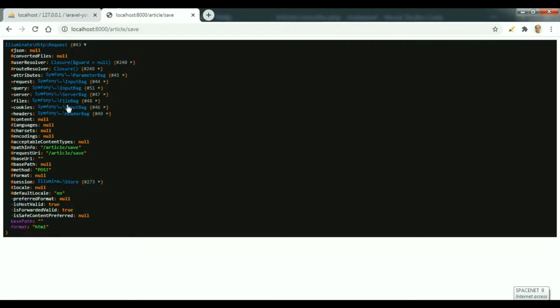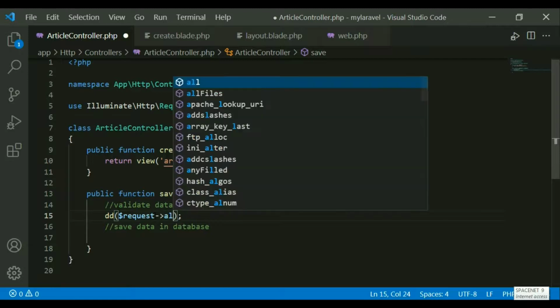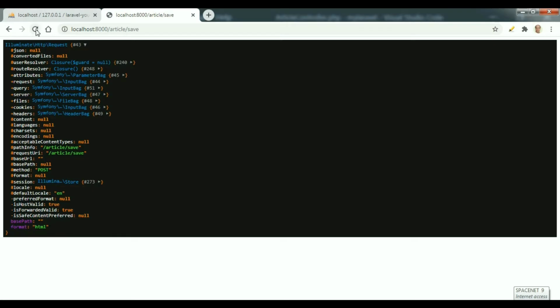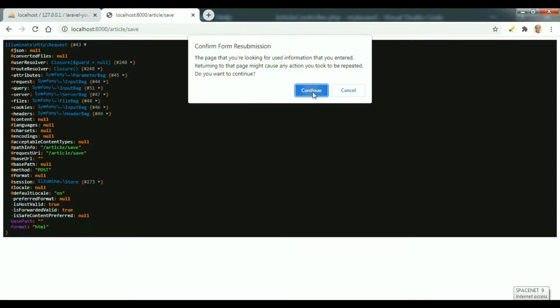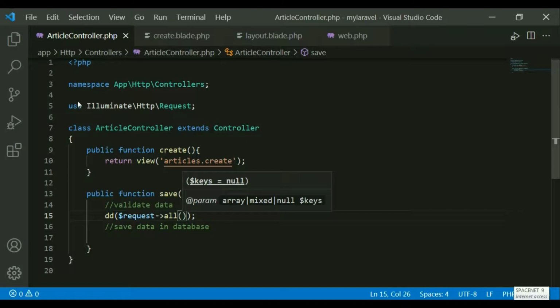Whatever data has been entered in my form, you can write all. This is a function; save it and again refresh it. Now you see that title is test title, author Smith, and all the data is coming. Now it is exactly okay. The data is coming to this particular function.